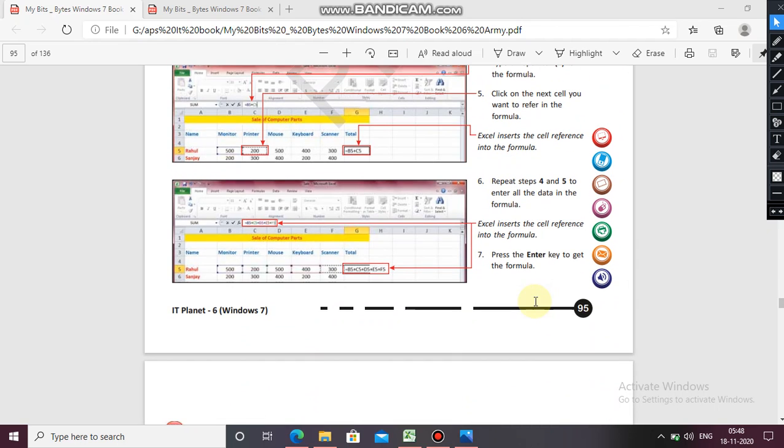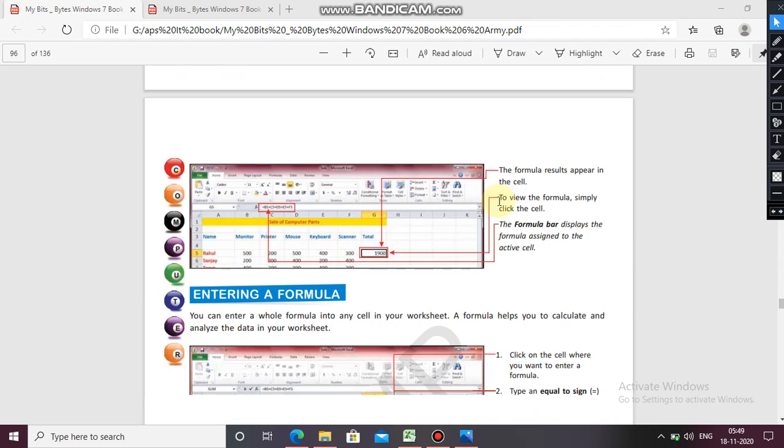You can repeat steps 4 and 5 to enter all the data in the formula. Okay, so by this you can write any number of cell references, means the number of data you have inserted in your Excel sheet. As per them you can do the calculation. So coming next,